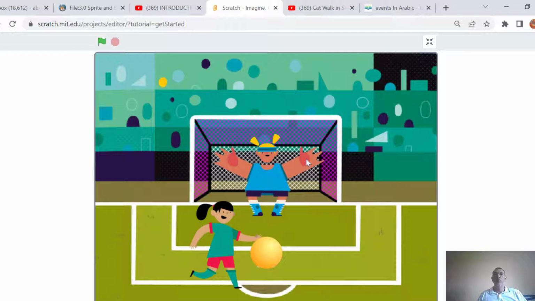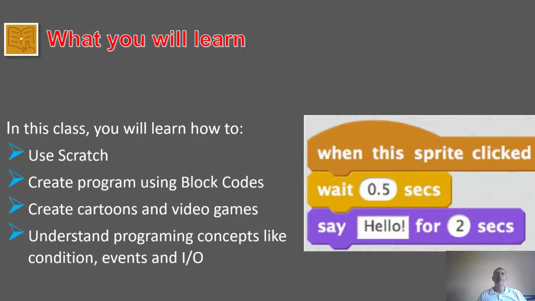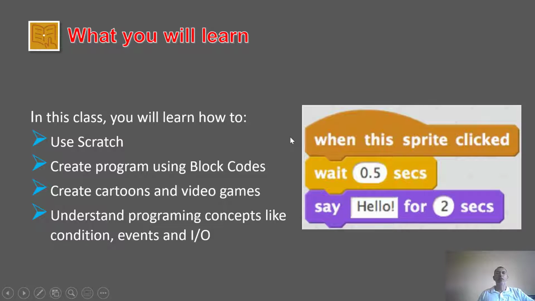So basically, Scratch is a tool or an environment that lets you create games, cartoons, and tell your own story. You make it more interesting than just shooting a ball. Okay, this is just to show you what Scratch is about. Now let's go back, and now we're going to go into details on how you can make, and I will go back and show you how I made that